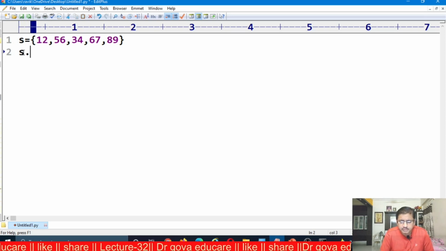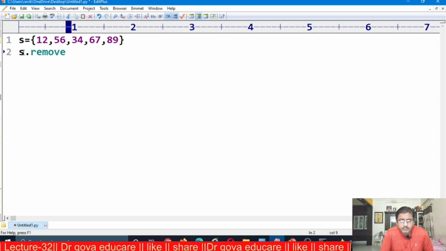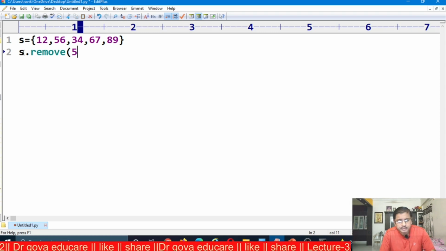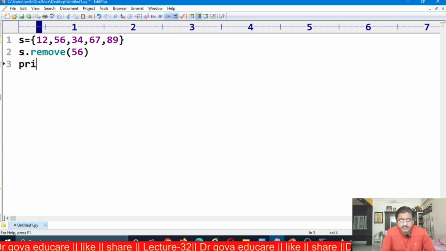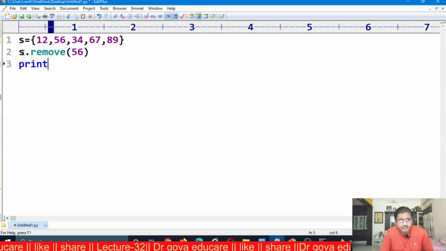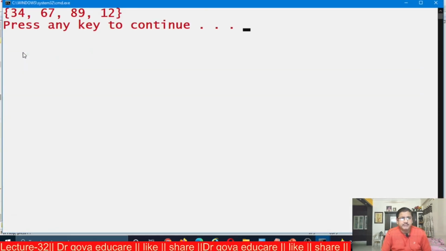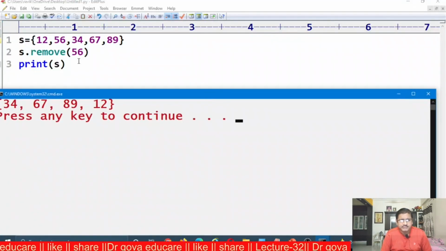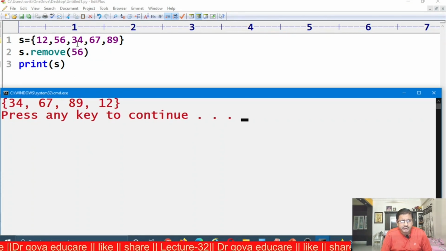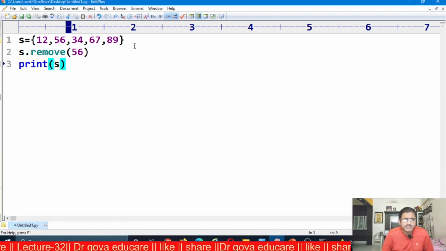S dot remove of 56, and then I want to print S. Now I am executing this. Observe, the element 56 is not present in the set. That means 56 is removed from the set.